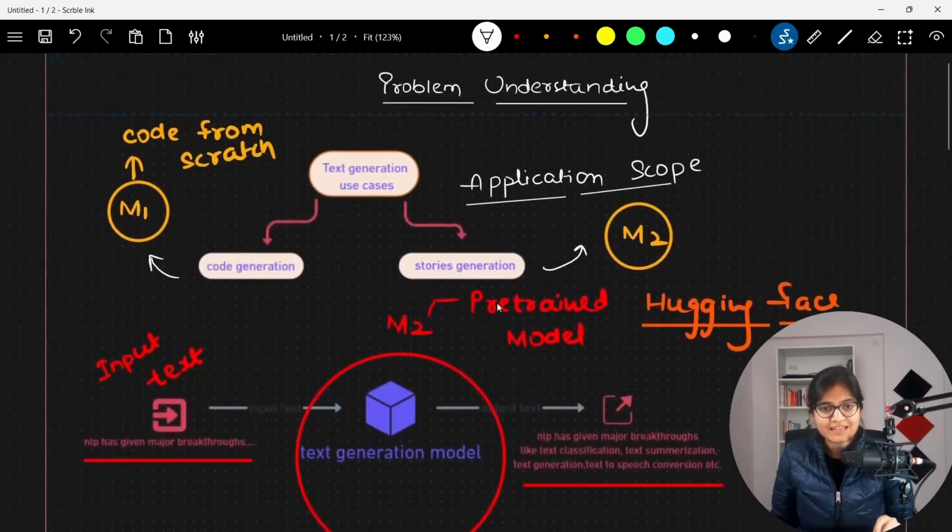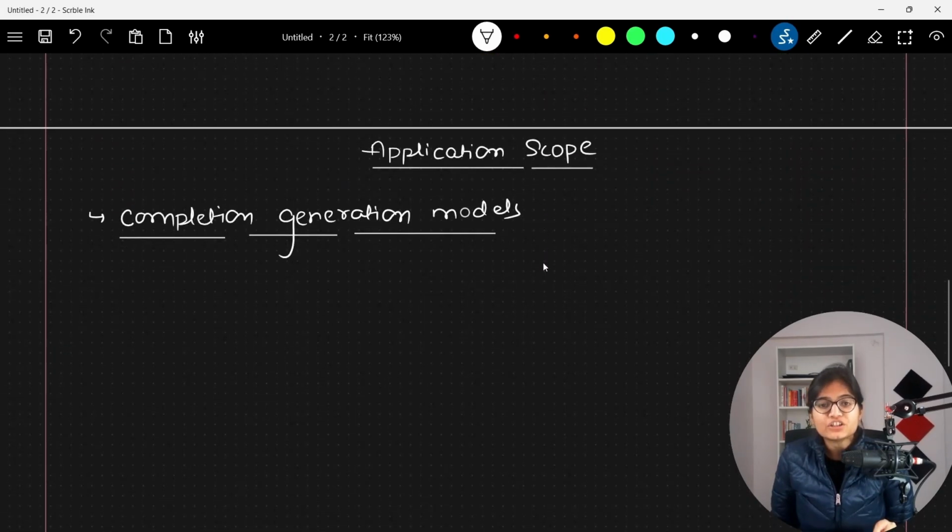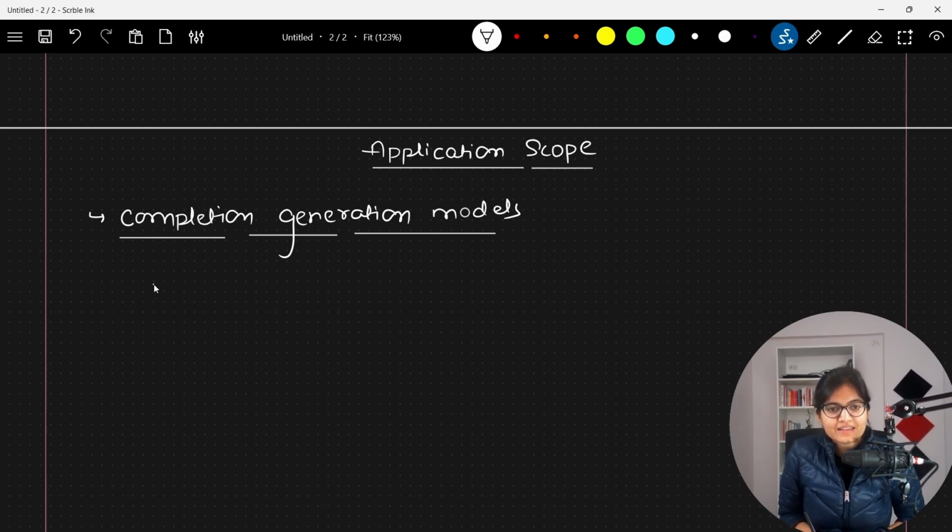So just now that example that we have seen, right? It's an example of a completion generation model, where suppose I write some sentence, for example, I'll say once upon a time, or maybe I'll say I love